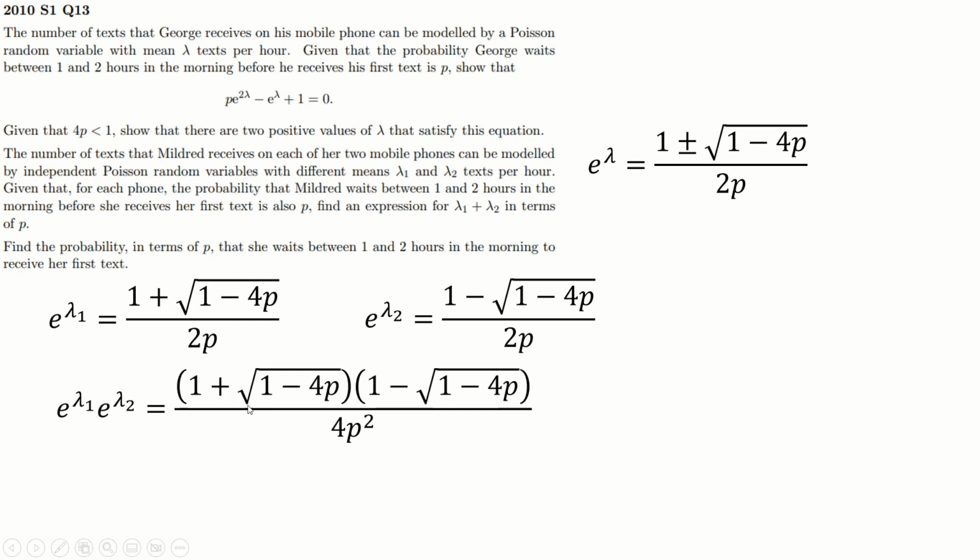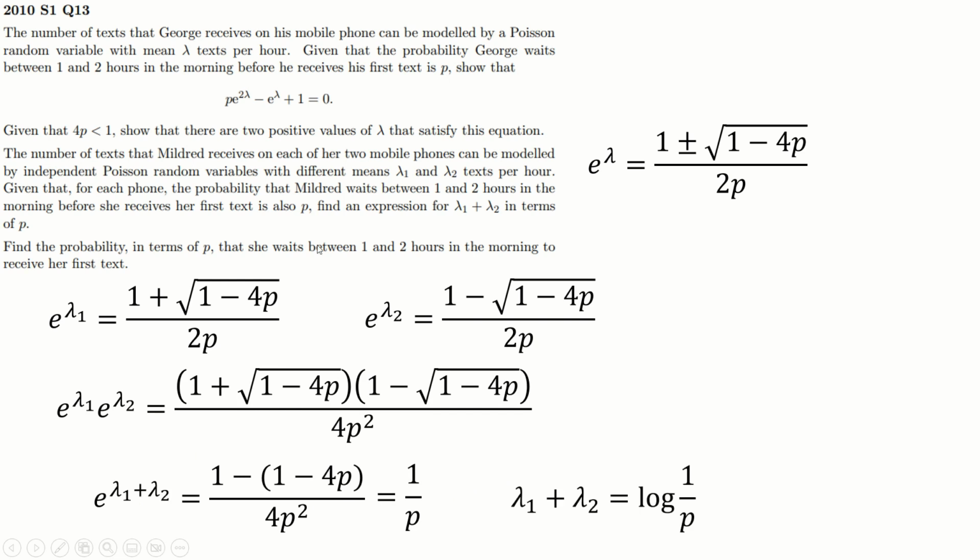And if we times them together, when we expand this out, of course, because it's like a conjugate pair, some really good stuff happens here. The 1's cancel, the 4p's will then cancel, and you just end up with 1 over p, which is fantastic. Because that means, of course, taking log of both sides, we can end up with this, which is what they wanted us there. Find the probabilities now in terms of p that she waits between 1 and 2 hours to